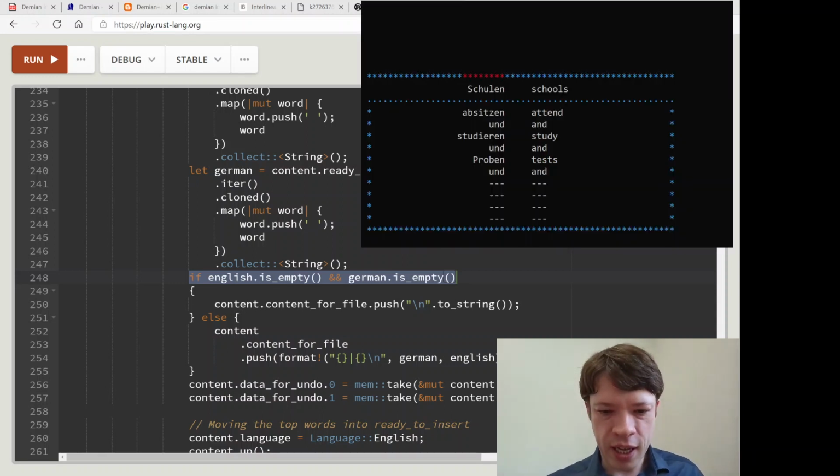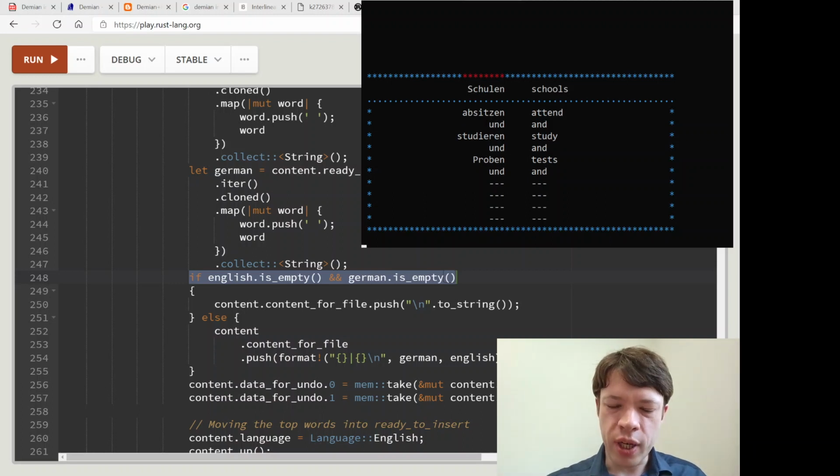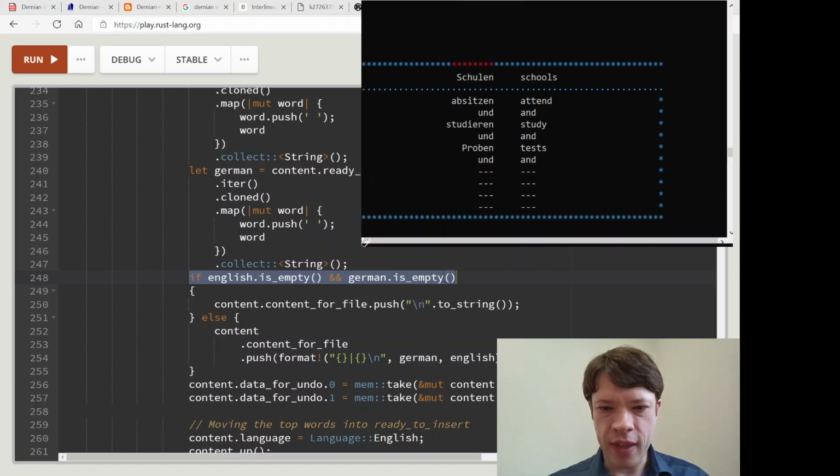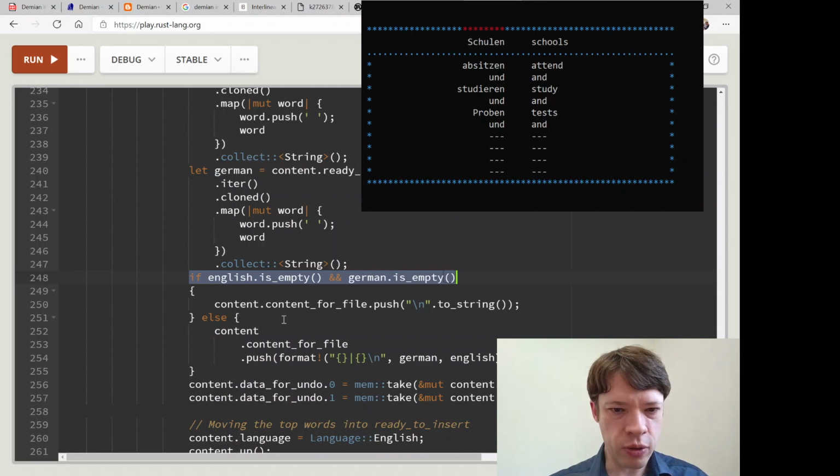So that is like if Schulen is gone and schools are gone, and I hit enter, what's it going to do? What it does is it adds an empty line, and then moves it back up into place, and that's what this code is doing.